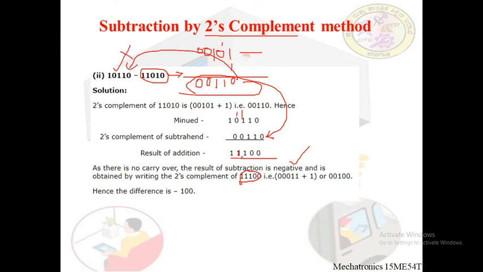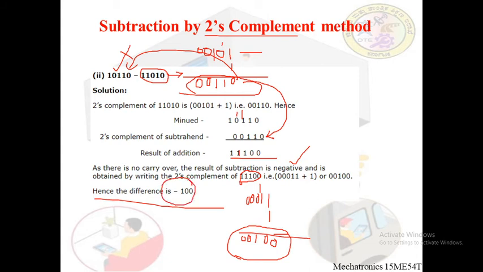Let us try to obtain the 2's complement here. First, in order to find out the 2's complement, obtain the 1's complement. All 1's turn to 0. Triple 1 will become triple 0 and double 0 becomes double 1. Add 1 to this. 1 plus 1 is 0, carry is 1. 1 plus 1 again 0, carry is 1. Bring back the other two zeros. So 100 is the final answer. When we subtract 10110 and 11010, we'll get the final answer. So this can be done using the 2's complement method by simple binary addition.